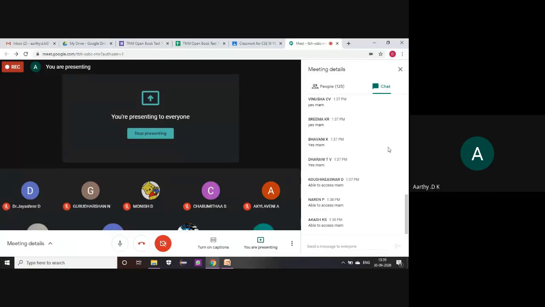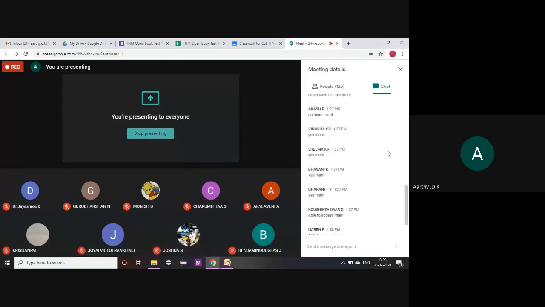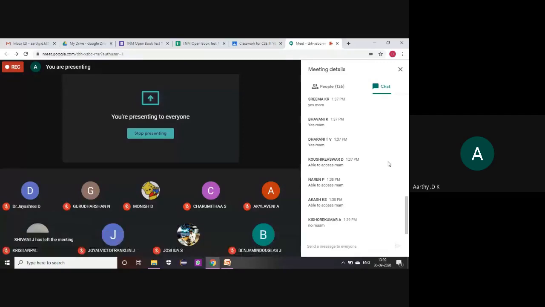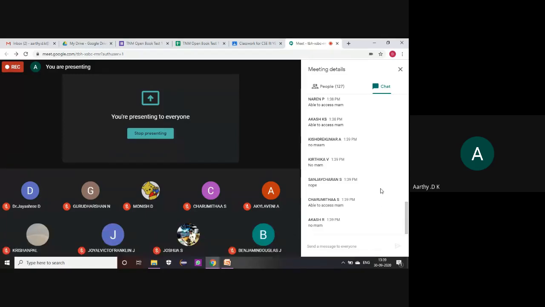What about others? Are you able to access or not? Kishore, try to log in through your college mail ID. Kritika, if you are not able to access it, try through the college mail ID, because your college mail ID is associated with the Google Classroom, not your personal mail ID.